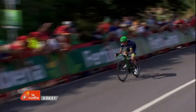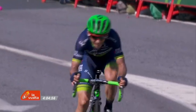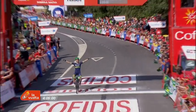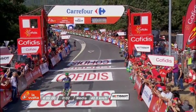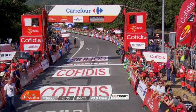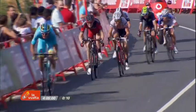Simon Yates proves that there's 2 members of the Yates family who can go to the Grand Tours and can thrive after that famous white jersey, and for so long a podium position for Adam. It's over to you, Simon, as he takes his first Grand Tour win, I'm sure the first of many, and makes a major statement. And David will be moving himself up the general classification with that attack too, as Luis